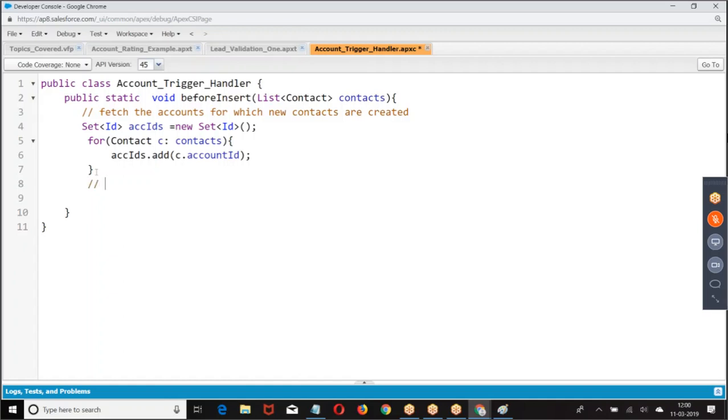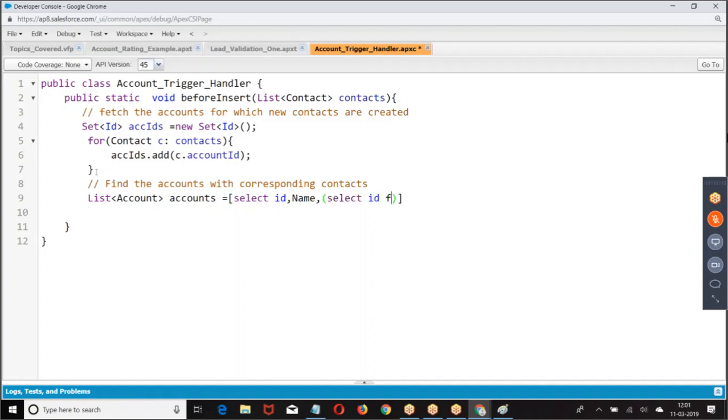Now what I want to do is find the accounts with the corresponding list of contacts: select ID, and the contacts, from account where ID in that set. Get me all those accounts whose account ID is in that set.